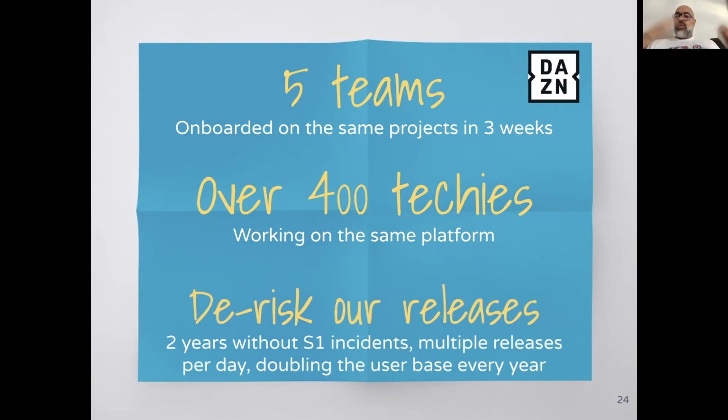platform was released 4 years ago, and since then we always doubled every year the amount of users. And obviously, when you move from 10,000 to 20,000 is one thing, but when you move from 1 million to 2 million, it's a completely different beast. Obviously, we have way more users than that, and as you can imagine, being able to de-risk and have atomic deployment and shaping the traffic, redirecting traffic towards a part of our user base was really, really helpful for